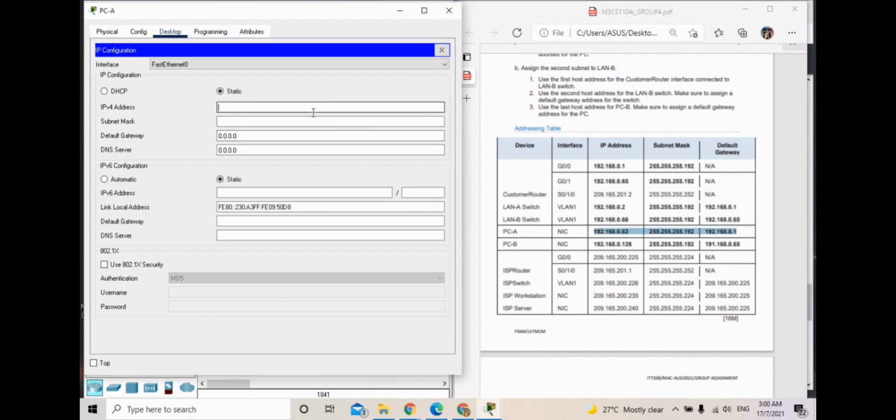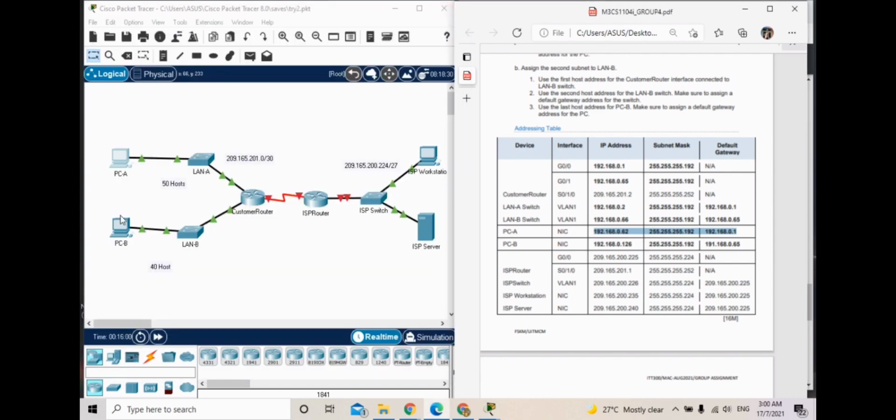Okay, so first 192.168.0.6, and this one is 192, and the default gateway 192.168. And then you cut this, and then for the PCB,